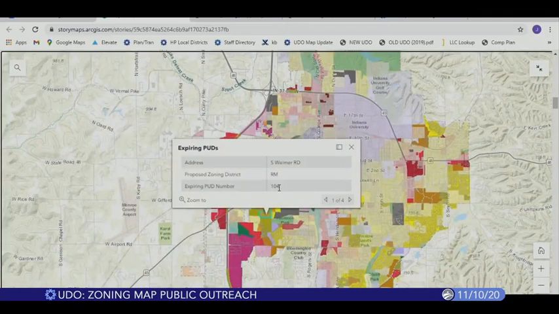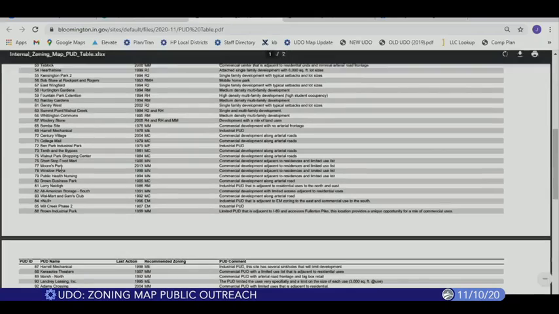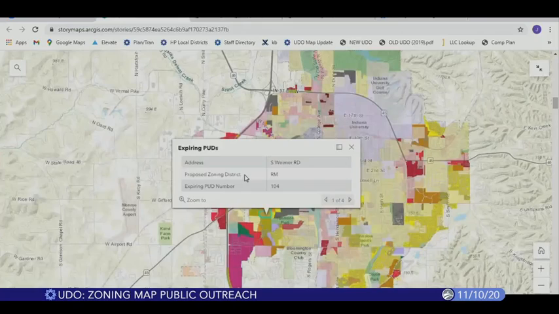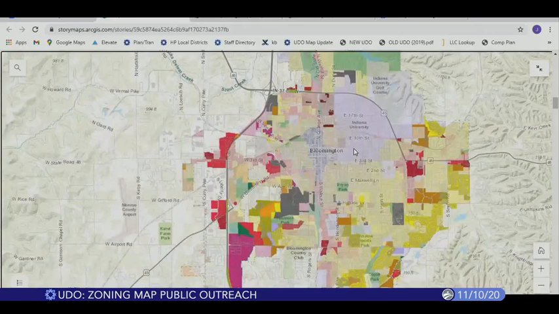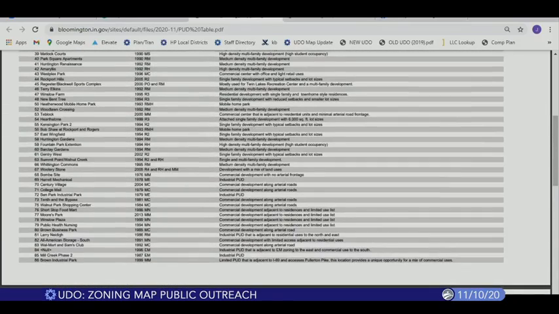It shows you the PUD number here at the bottom. And so you can then go to the list and find which one that is. So I mentioned that because, when you look at the list, you might not be calling the place that you live or are interested in the name that was used when it got approved in